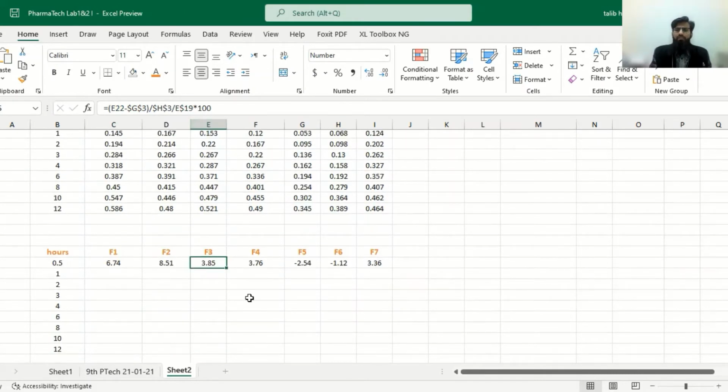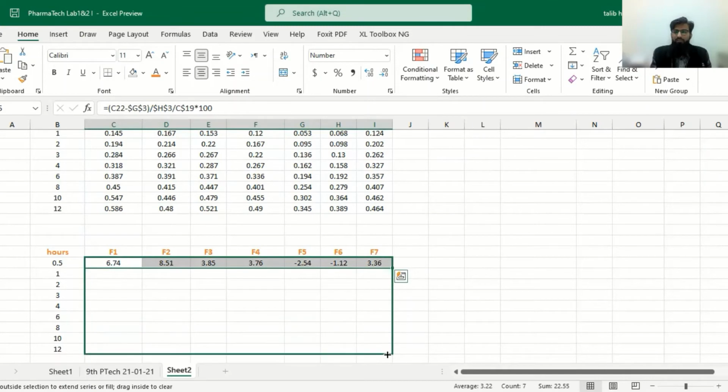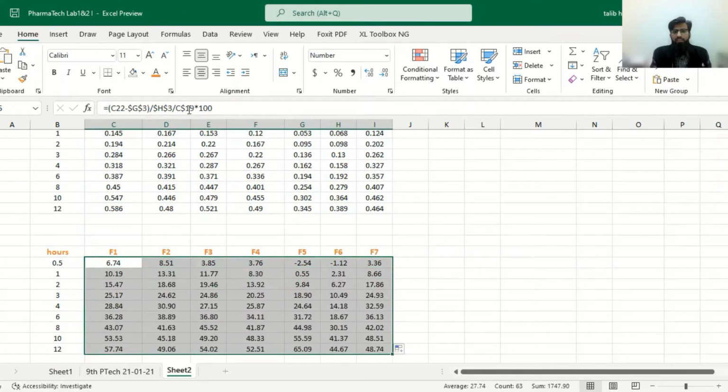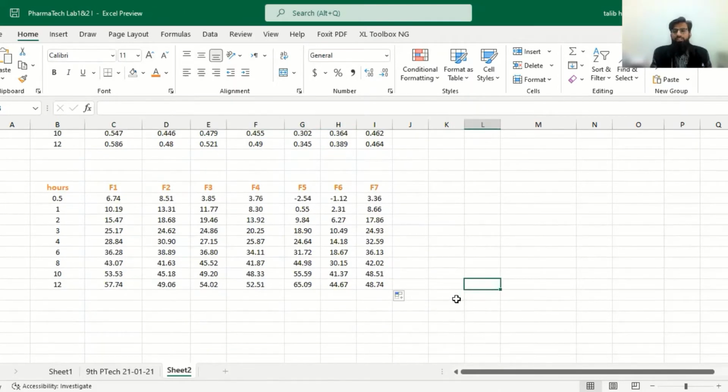It should be fixed when we are dragging to the right side. But if we drag the whole concentration downwards in the rows, then if the row is not static, the row will shift downward. But we have a static row, that is row 19. So every formulation will be calculated for its percentage release.